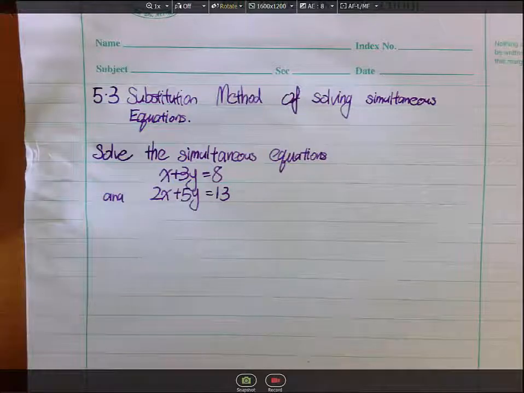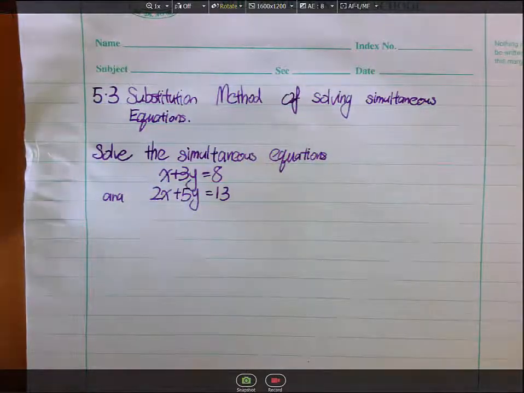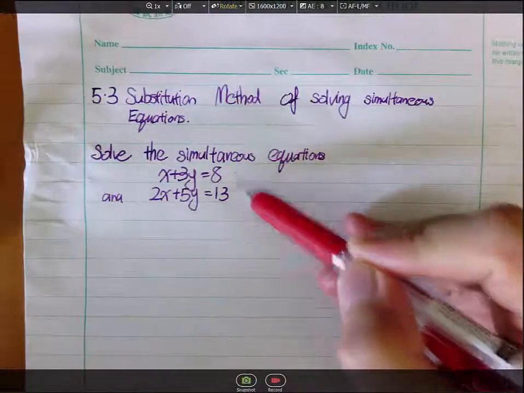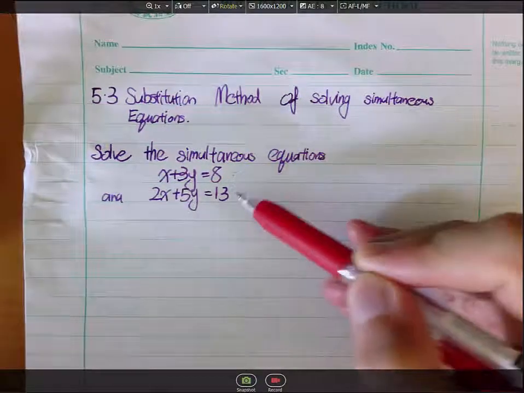Okay, now we have 5.3, the substitution method of solving simultaneous equations. Before we even begin to solve using the substitution method, let's just see what we mean by simultaneous equations. In this case, we have a pair of simultaneous equations, x plus 3y equals 8, x plus 5y equals